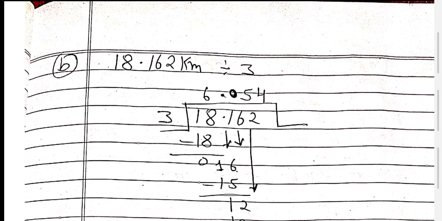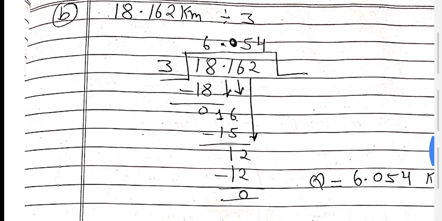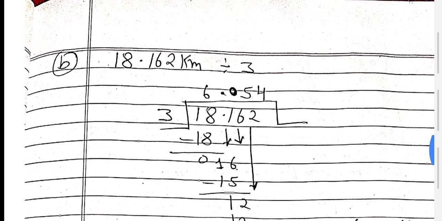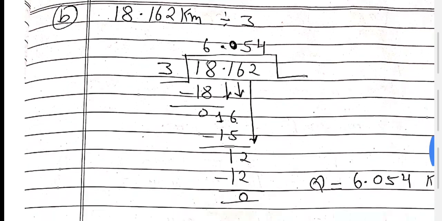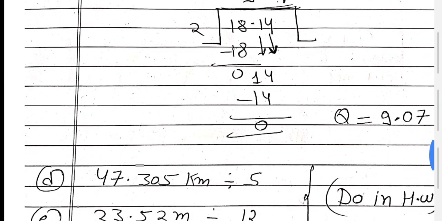18.162 kilometer divided by 3. So divided by 3, 3 6s are 18, 0. Now just write 1. In the table of 3, 1 does not come, then write 6. When you write two numbers together, you have to write 0 here. Now it becomes 16. Now 3 5s are 15, remainder 1, right here 2, it becomes 12. Now 3 4s are 12. Your answer is 0. Now your answer is 6054. Now how many digits are there after the decimal? 3. So from the back side put the decimal after 3 digits. Your answer is 6.054.